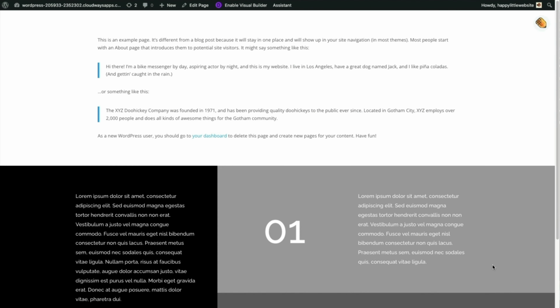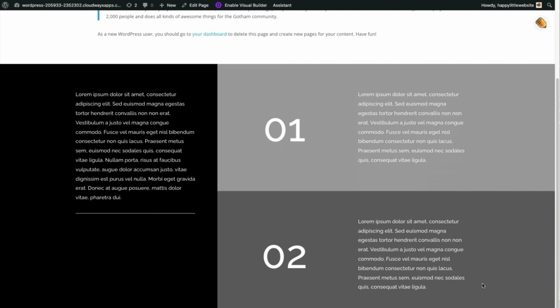So that was a section template, and it's basically the same process for a page template. And the process doesn't really change. If your page builder is supported by Assistant Pro, the workflow is pretty much the same with any page builder. It's just the terminology changes. So if you're using Beaver Builder, or Elementor or Gutenberg blocks or Visual Composer or whatever, the workflow is going to be about the same. It's just that you'll see the terminology in your content app change a little bit to conform to the terminology